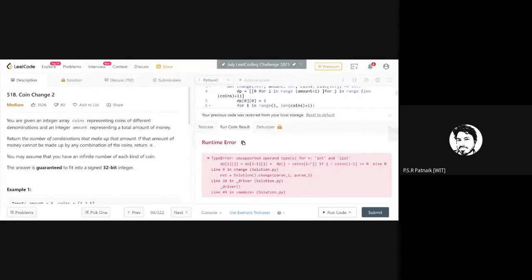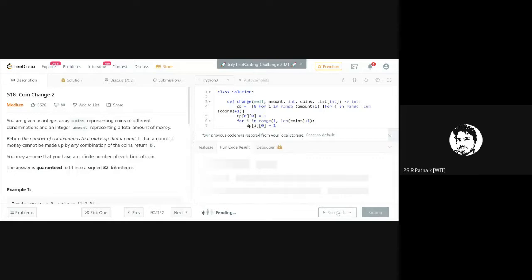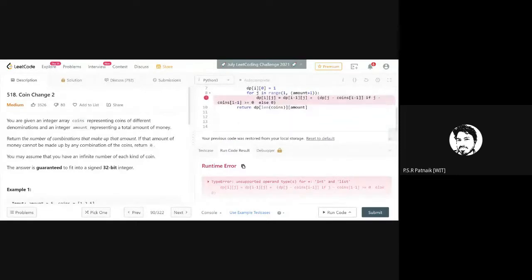Why is it giving me this error? Else... dp of i should be done in this way.